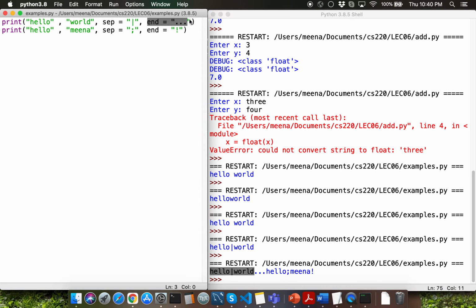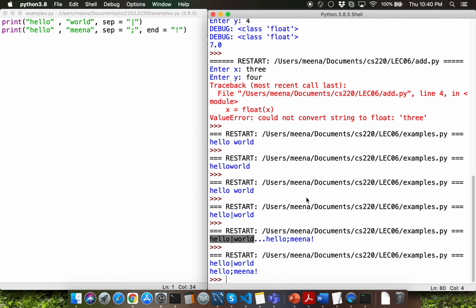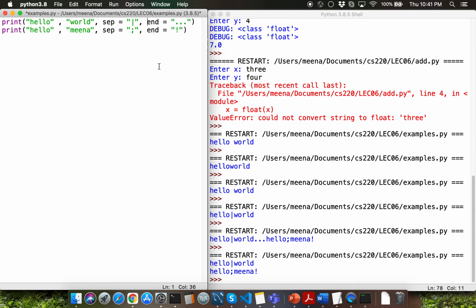So let me try to remove the end from the first function call here. Let me show you the output and then I'm going to ask you a question here. Notice the difference between the two outputs here. We are getting two lines when I removed the end parameter here. So what's going to be the default value for the end parameter?